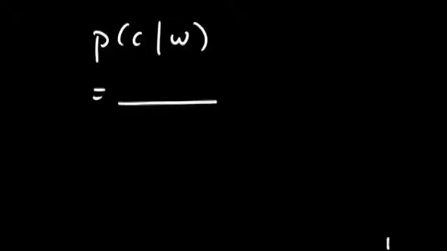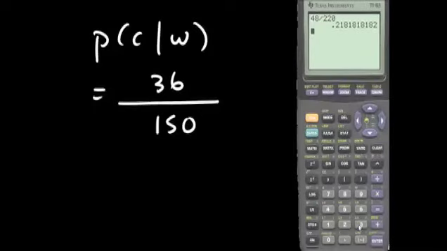Compared with the probability of dying of cancer, given that you're a woman, we notice that there are 150 women, of which 36 died of cancer. The answer is 0.24. Notice that this means that 24% of the women died of cancer, so that you are more likely to die of cancer given that you're a woman than that you